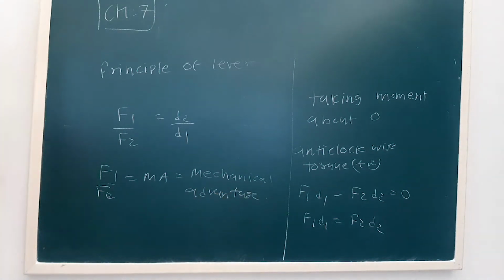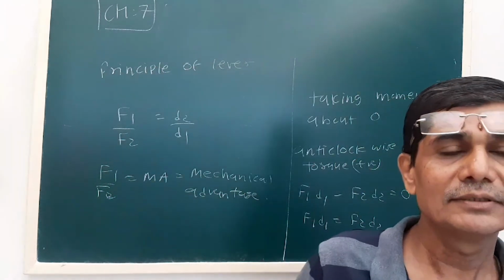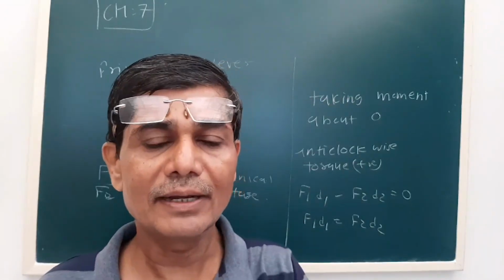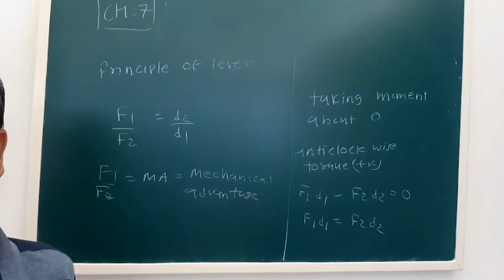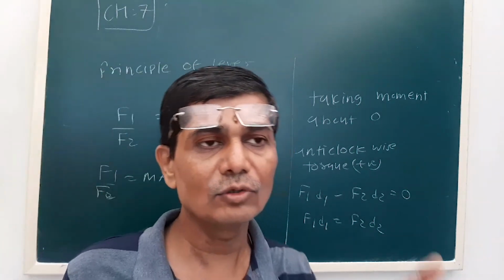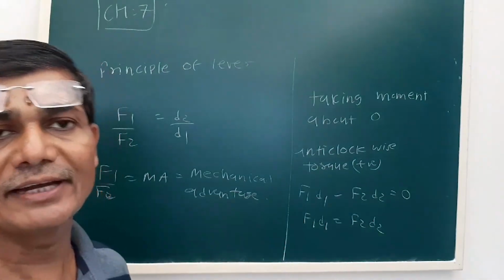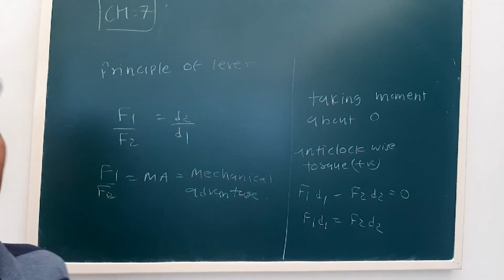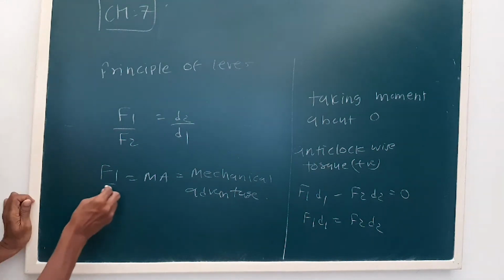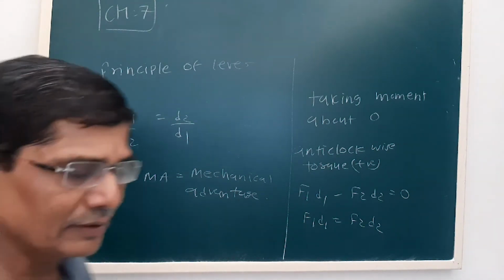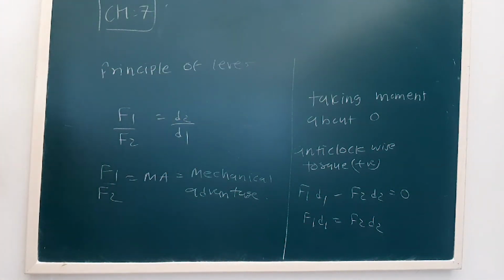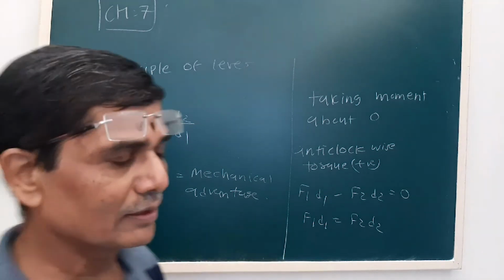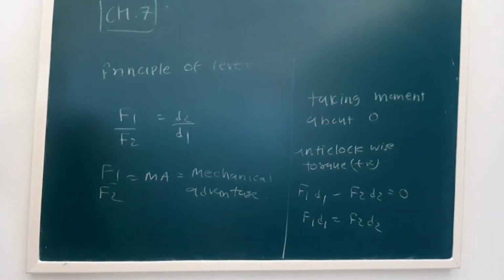Now see, what is mechanical advantage? We have studied earlier, what is the aim of the simple machine? By applying less effort, we can carry more load, or more force. Weight mg is called load in the language of physics. So here this F1 upon F2 is called the mechanical advantage of a simple machine, which is also the principle of levers. So this F1 upon F2 is D2 upon D1, and then the linear equilibrium.